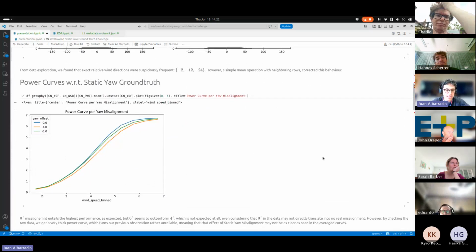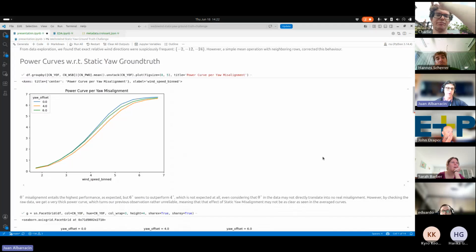So the first thing that we found was that the power curves are similar. It's exactly the same power curve that you showed before, Sarah, in which 4 degrees of misalignment looks more misaligned than 6 degrees.